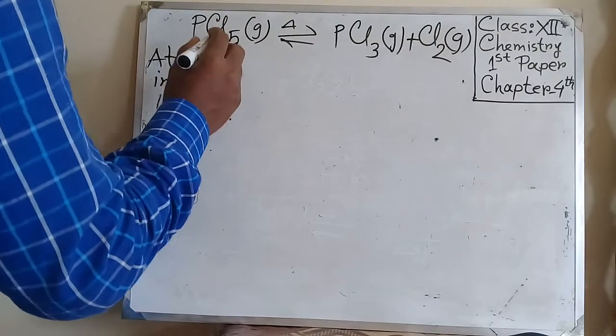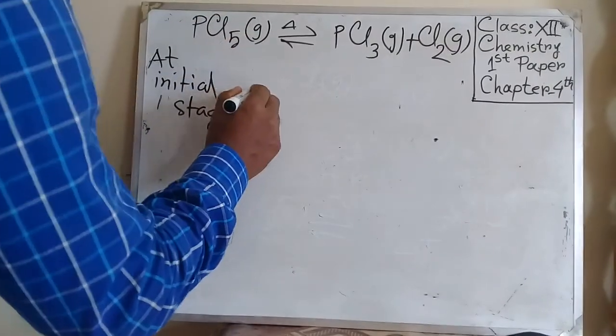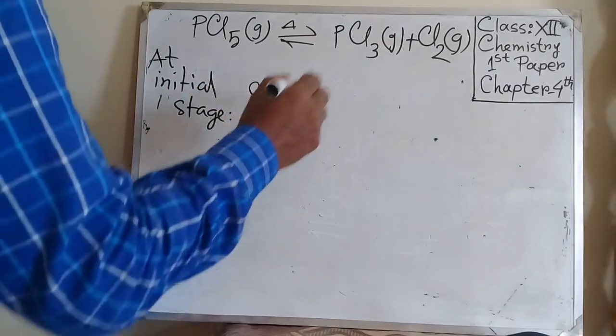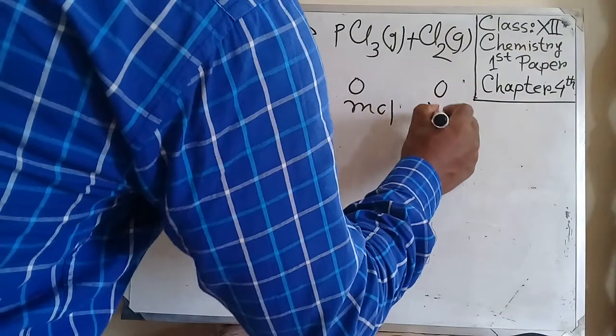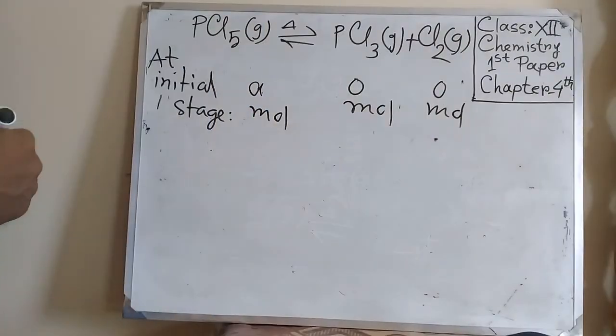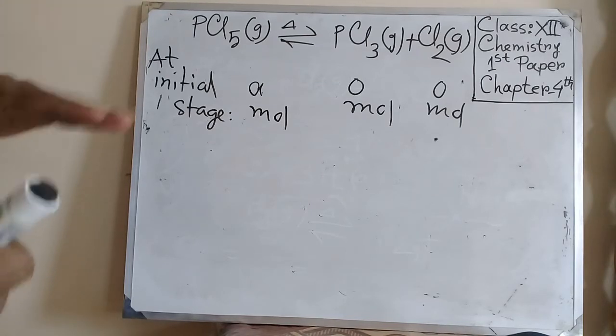So suppose the initial amount of phosphorus pentachloride is a mole, and phosphorus trichloride and chlorine are 0 mole and 0 mole. But after a certain time, it can be 5 seconds, 10 seconds, or 20 seconds, the equilibrium will be